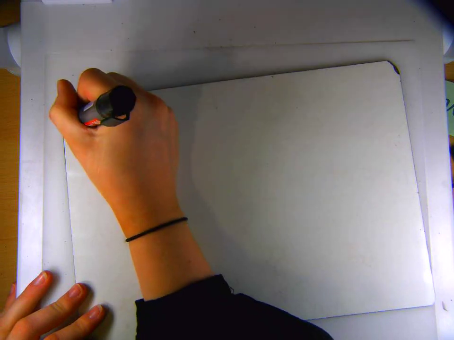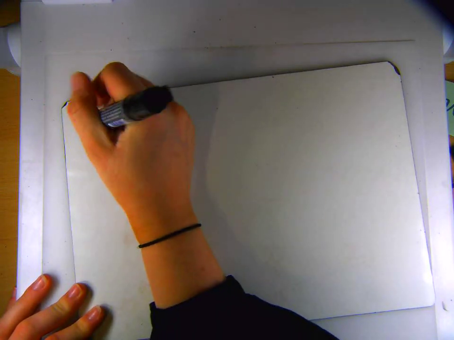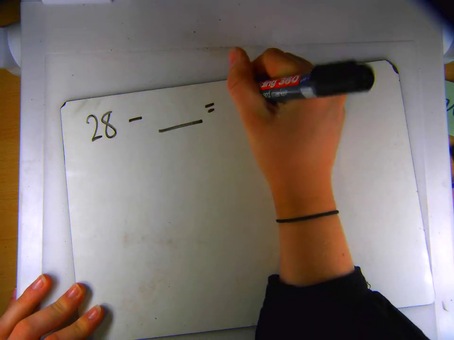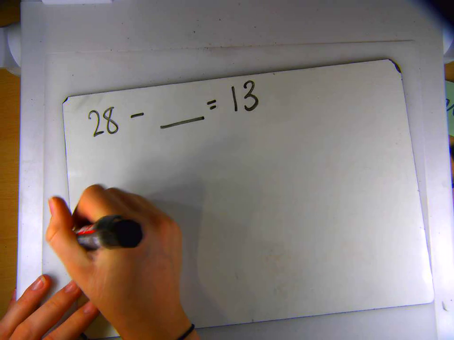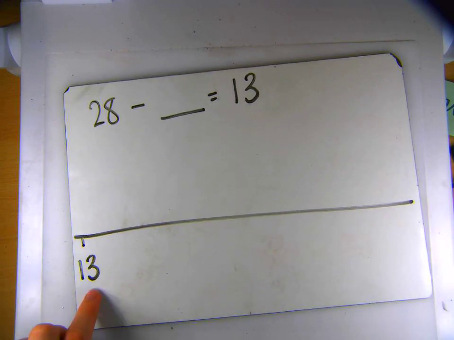Let's have a look at 28 take away something equals 13. So again, empty number line. I've got my 13 at the front here, and I'm just going to count up until I get up